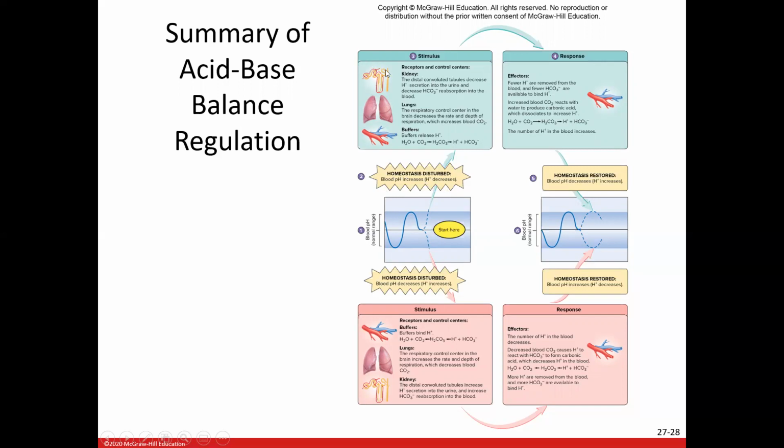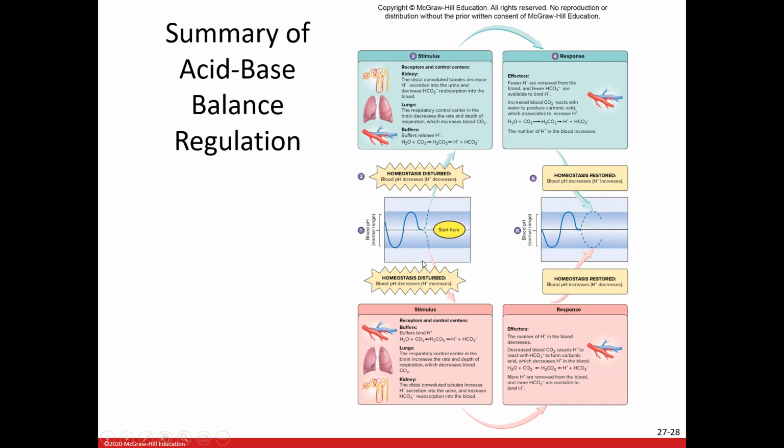So in this case, you're going to have a decrease in the hydrogen ion secretion and then a decrease in the bicarbonate reabsorption. The lungs are going to decrease their respiratory rate, and then the buffers are going to release more hydrogen ions. All that in combination is going to lower the pH because we're having an increase in the number of hydrogen ions in the blood. So bring it back down to the